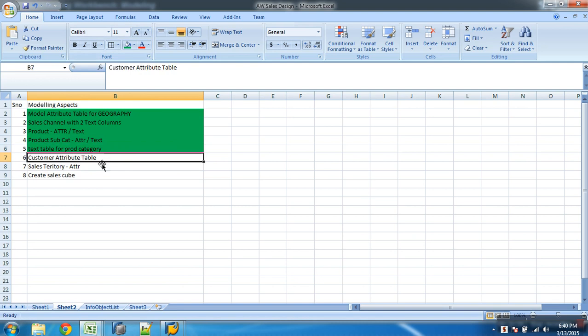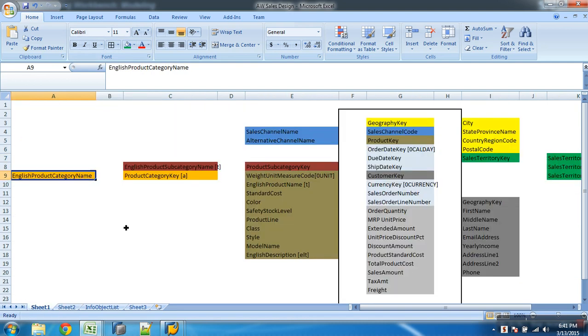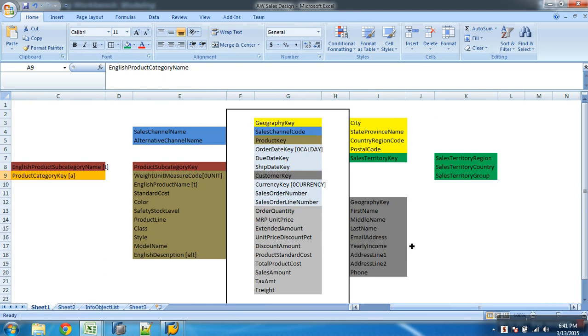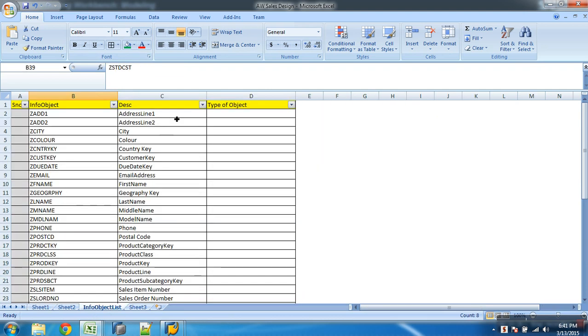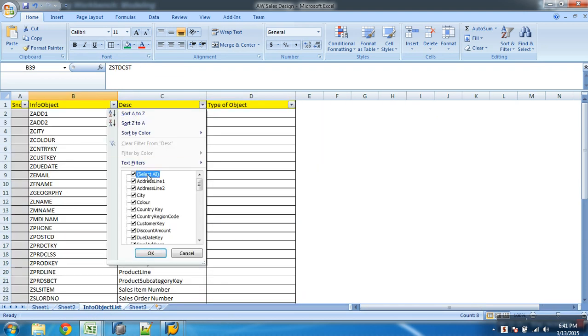Then the customer attribute table is next. So this side we're done, and now we're only left with this part. This was about customer key. For customer, I wanted all these as attributes, like which country it belongs to, first name, middle name, last name, email address, yearly income, all the stuff.